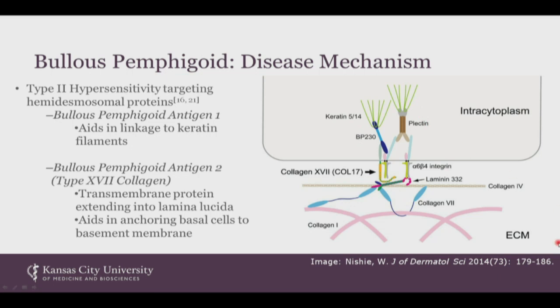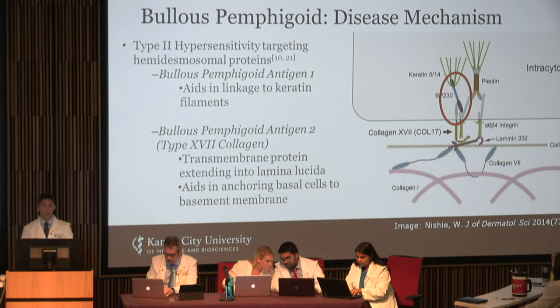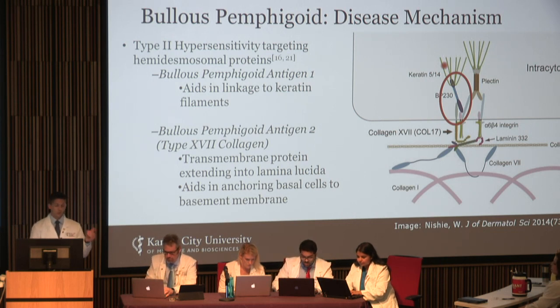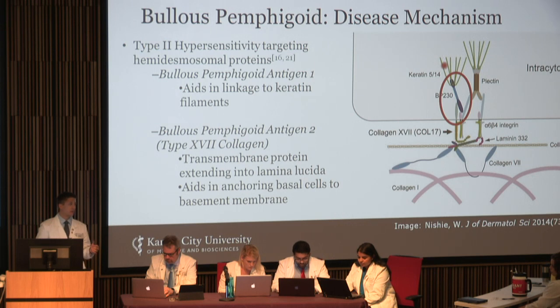In bullous pemphigoid, there have been two main autoantigens that have been identified. The first is bullous pemphigoid antigen 1, and it's identified on the screen. It also goes by the name BP230, specifically for its molecular weight. This is an intracellular component of the hemidesmosomal plaques that ultimately link hemidesmosomes to the keratin cytoskeleton of the cell, granting structural integrity to this layer of cell as well as the epithelium as a whole. However, although autoantibodies are observed to this antigen within bullous pemphigoid, because of its intracellular nature, it's thought to be